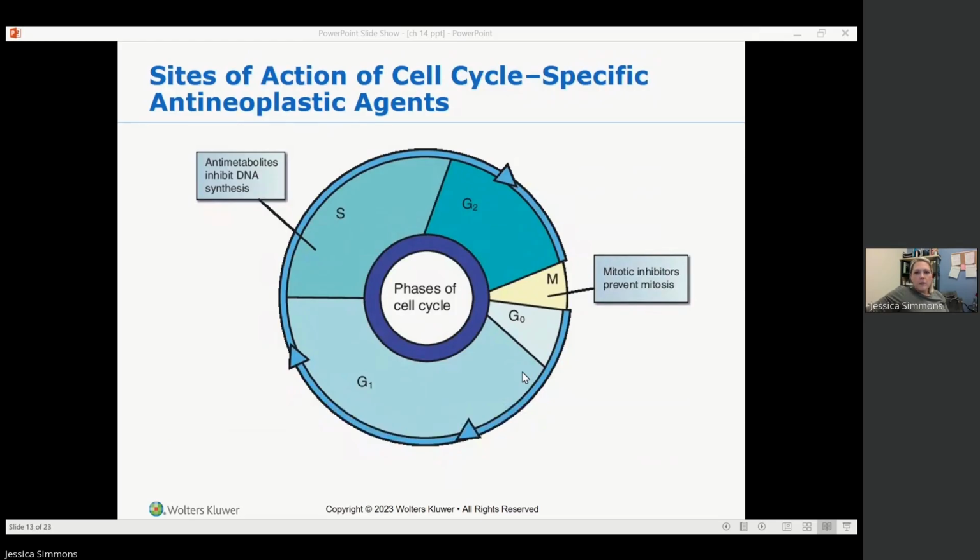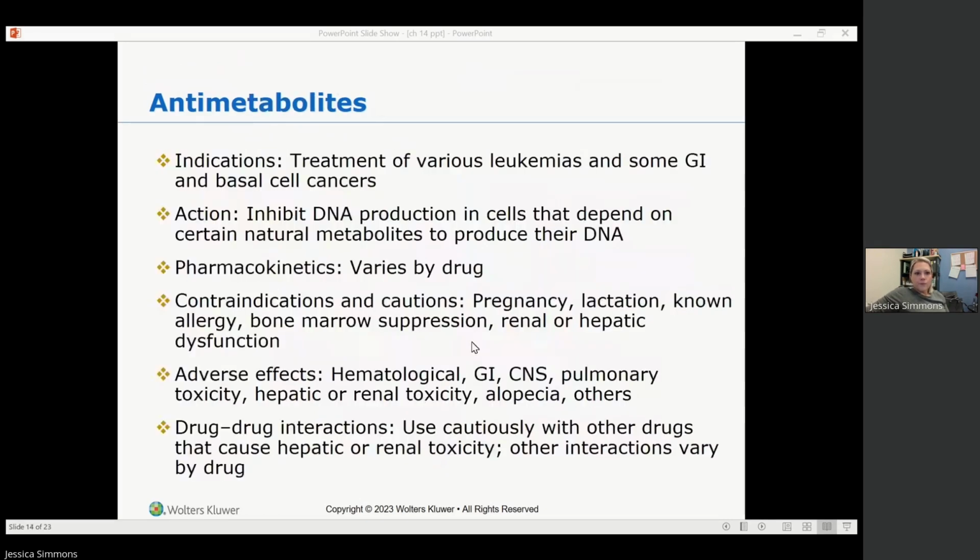Sites of action of cell cycle specific anti-neoplastics. So this is talking about anti-metabolites that inhibit the DNA. This is talking about mitotic inhibitors that prevent mitosis. So this is the phases of a cell cycle and where that stops the actual reproduction of that cell. So anti-metabolites are on page